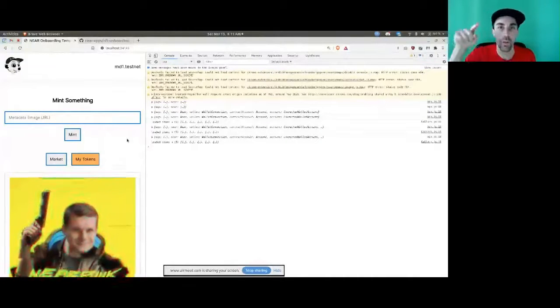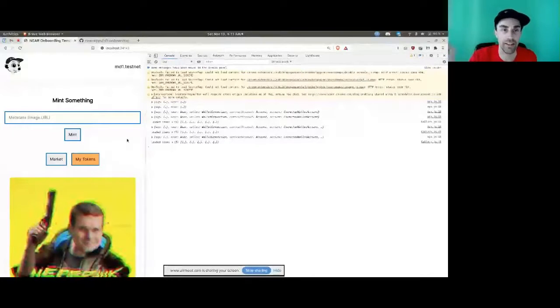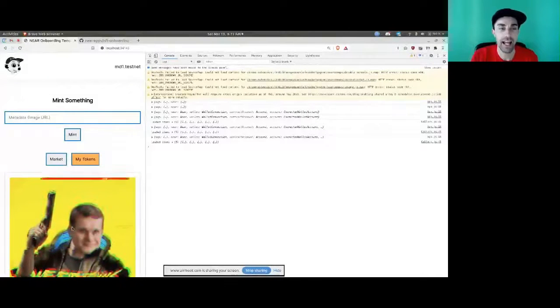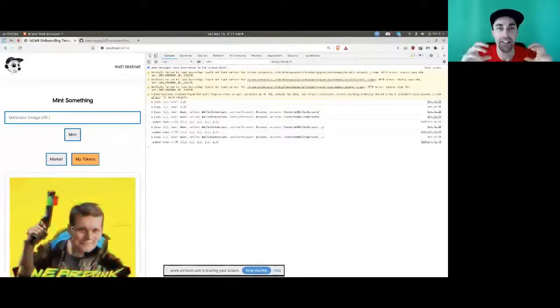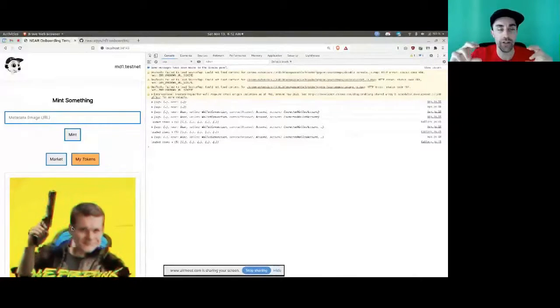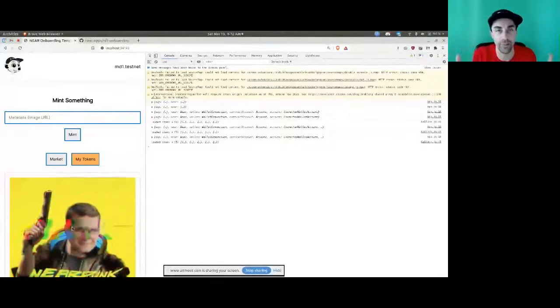Now the question is, why did I not get redirected to the Near wallet to set the price on my token? It's because inside the application, I have what's called an access key, and the access key is limited to only doing a few certain transactions. So it can't send Near tokens. So for example, like before,